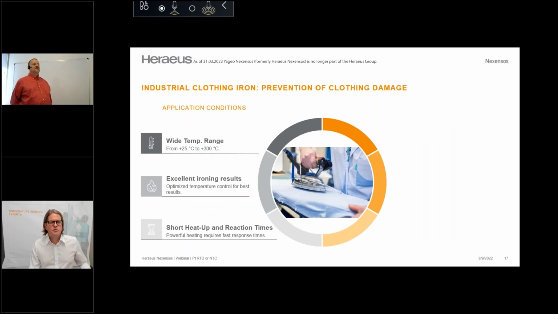I think we come now to a completely different application, as an example, the industrial clothing iron application. Everybody knows that from your home situation, and this PT RTD is increasingly used in household applications, what you use at home to iron your suits and so on. And for that reason, it's very, very important to have that special point of wide temperature range in, because